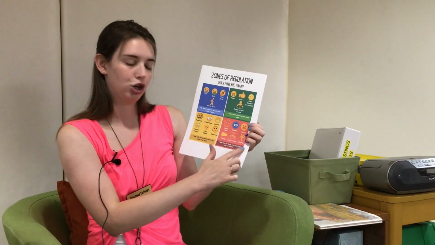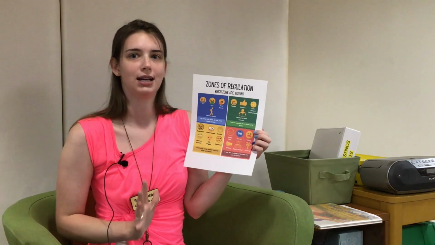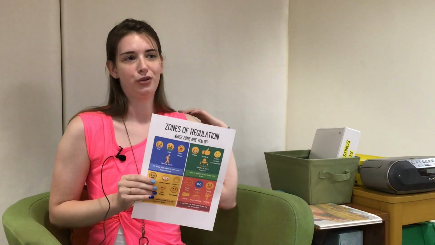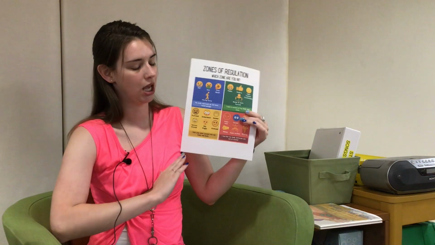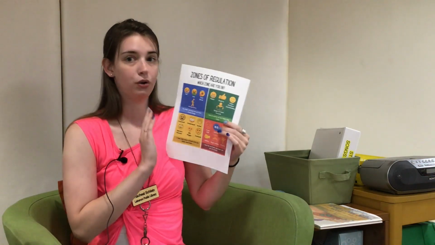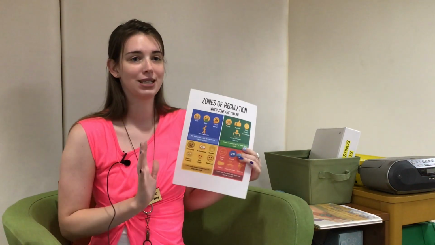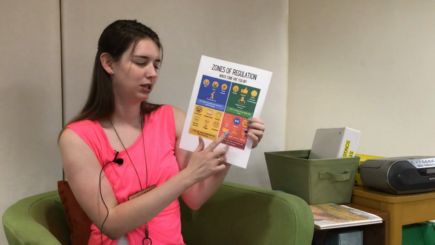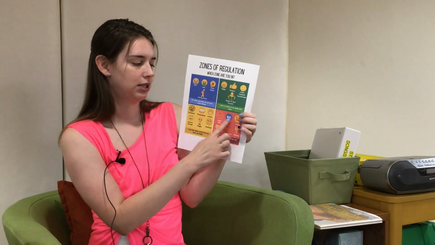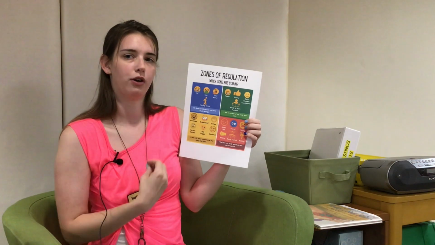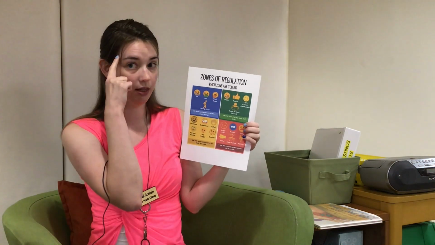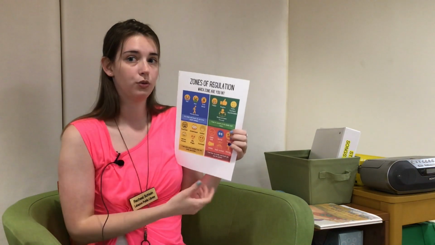And then again, hitting or kicking, or if you're super excited. Let's say that you know that you're going somewhere so exciting after school and you absolutely can't focus on your work and you don't know what to do because your body is just so excited, it just wants to jump up and down and you want to scream and shout because you're so excited. It's a good emotion, but it's still in that red zone because we're not in control of our body and our brain, and we have to think about being in control of those things.